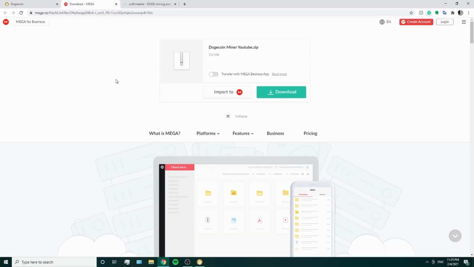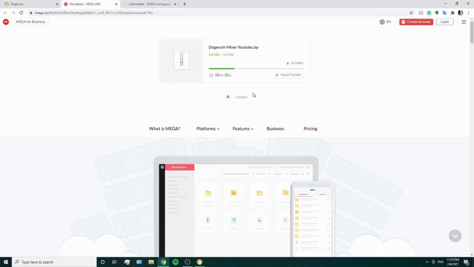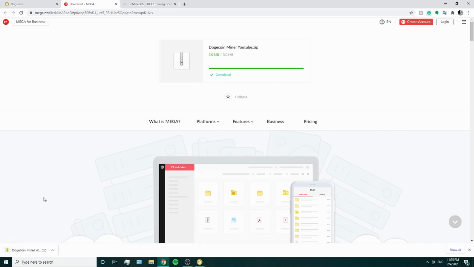Alright, for the next step, click the second link in the description. Here we're going to be able to download the actual miner, so click download. It might take a couple seconds, that's fine. And then we're going to see a zip folder right here. We're going to click on that